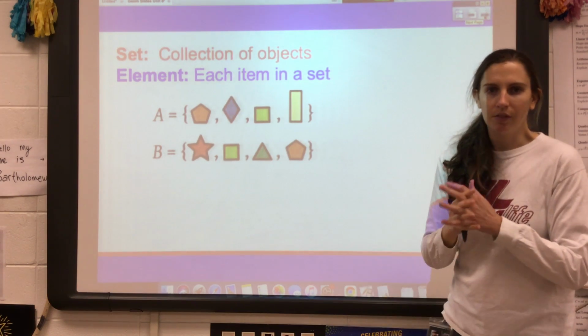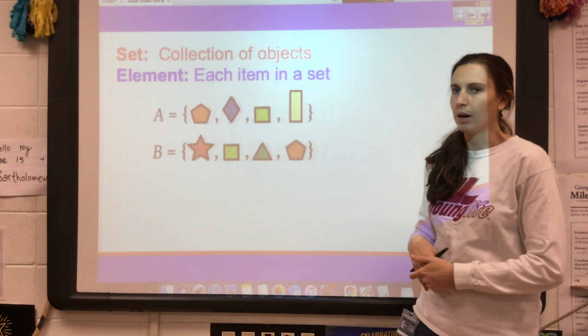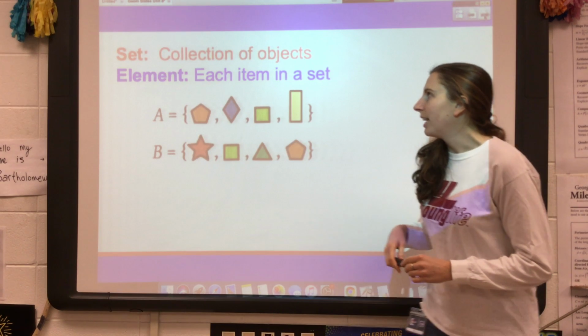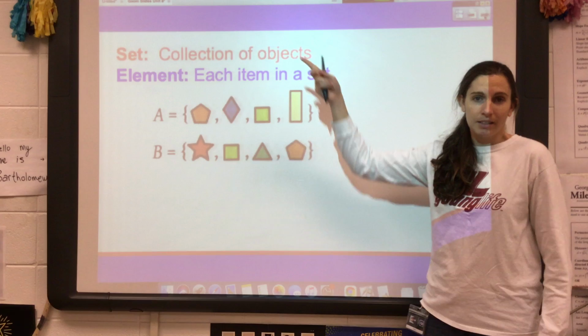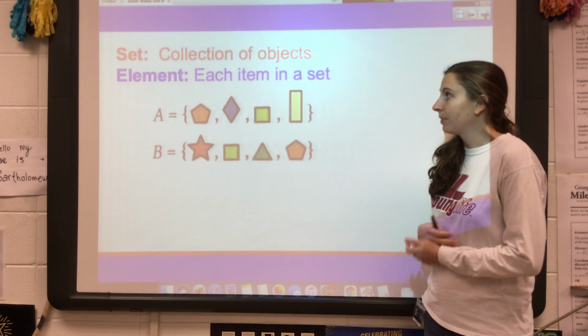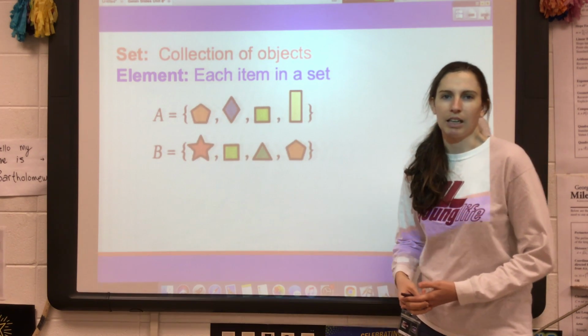Before we do, we need to cover a lot of notation stuff. So this video is primarily just going to be introducing some new symbols. All right, so in math we have something called a set, and a set is just a collection of literally anything. It could be a collection of shapes, it could be a collection of numbers, it could be a collection of